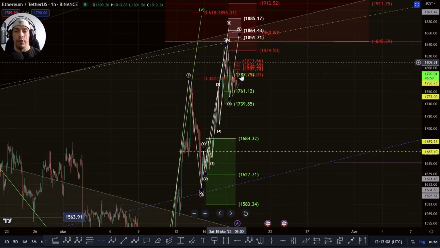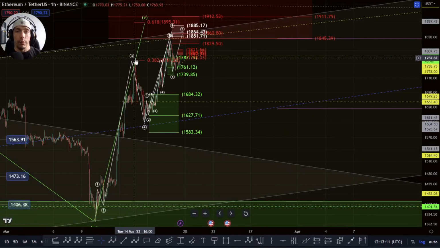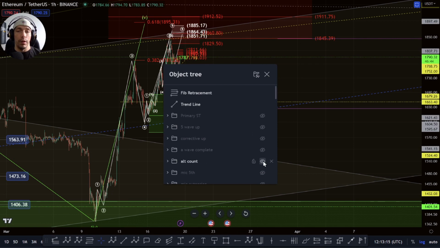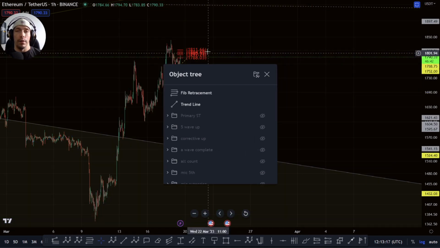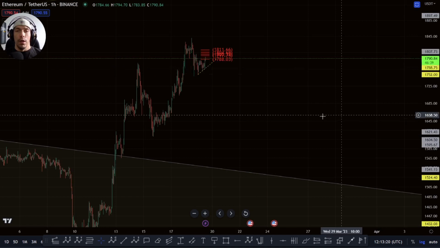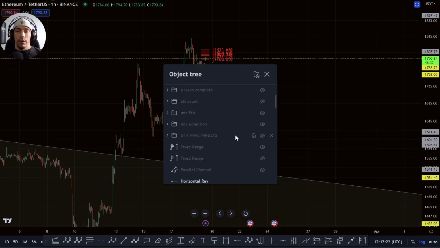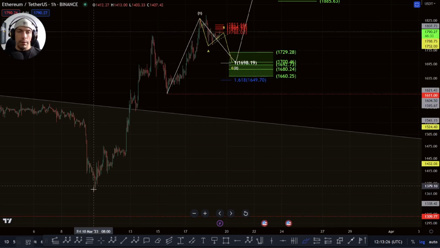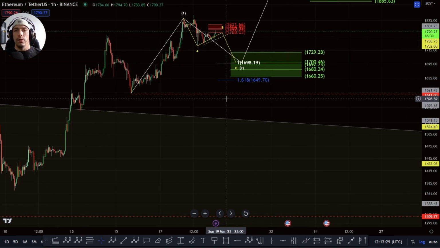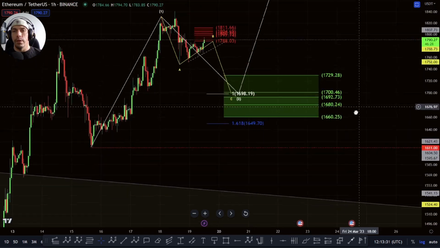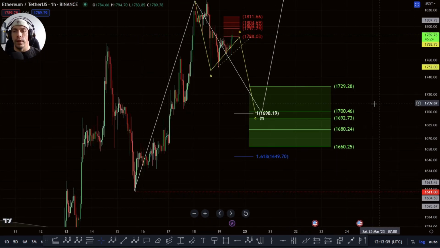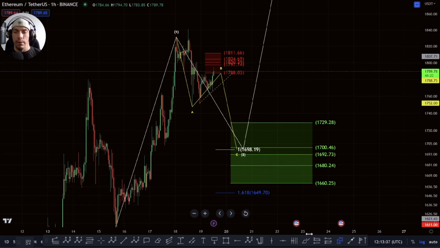But technically, we could have actually completed already, or this could in fact even be a corrective structure already looking to actually start that C wave to the downside. So the alternative thing I wanted to talk about is that possibility. We were saying that we could have a 1-2 and potentially a 1-2. So the idea here would be that, if we do actually break down but fail to break down below the 1611 area, and we just form a three-wave move down like this, where this becomes an A, B, and a